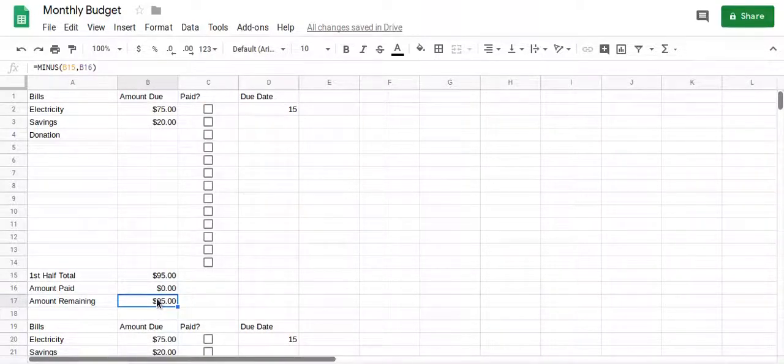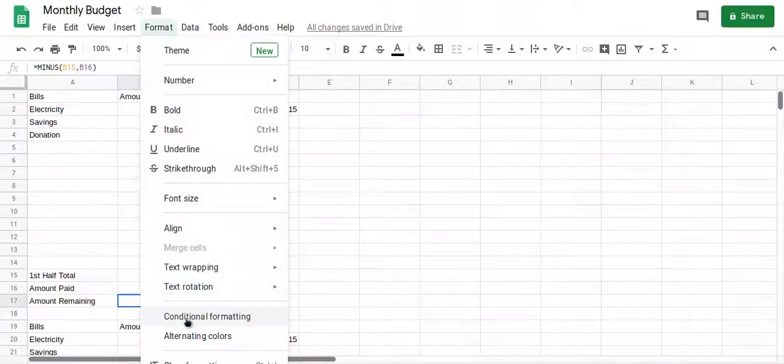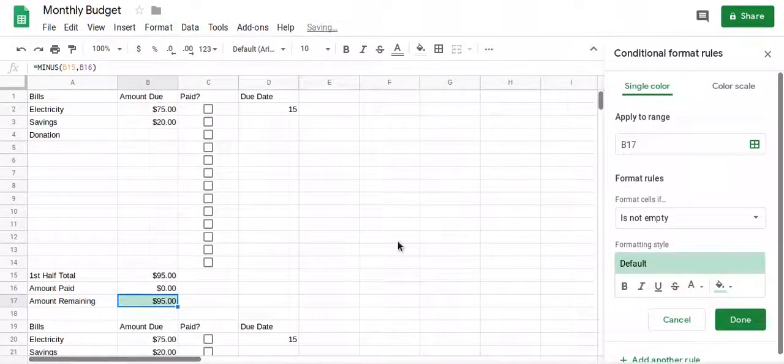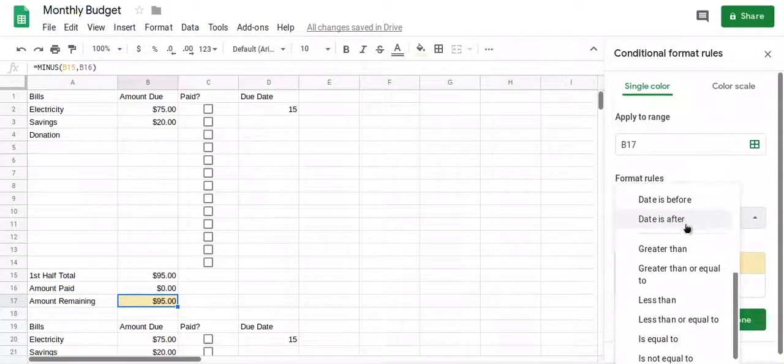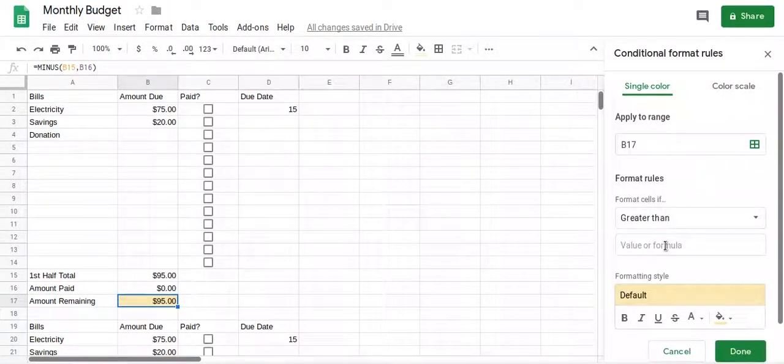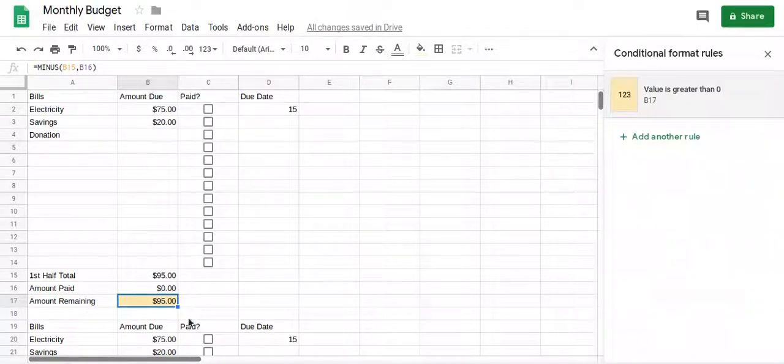In fact, I'll show you that. Let's do conditional formatting. Here's the total amount remaining. We'll do format, conditional formatting. And let's say if there is some money left to be paid, I can change the background to yellow. And here's the rule. Format cells if the value is greater than 0. That means there's money that we still have to pay. So it'll show up yellow and make us aware that there's still money out there that we need to provide